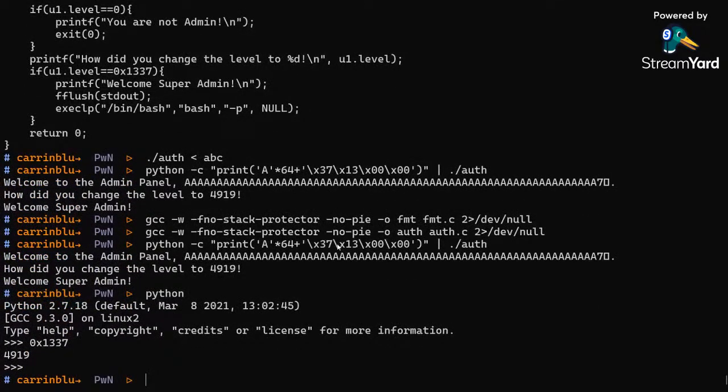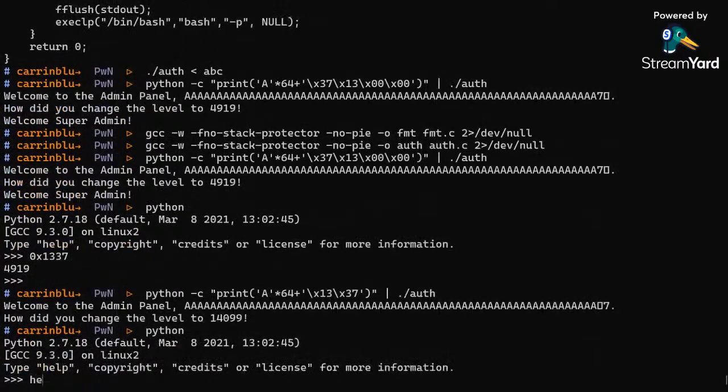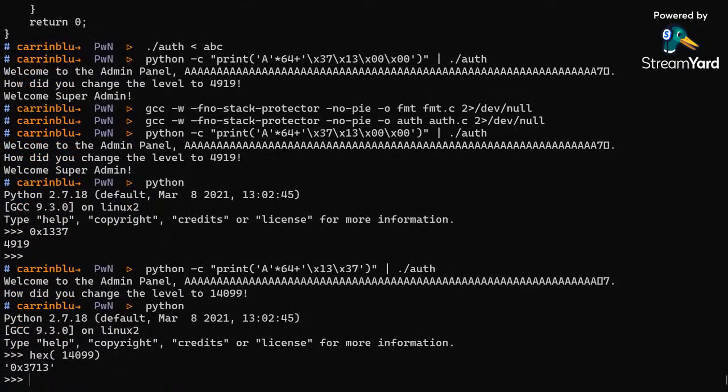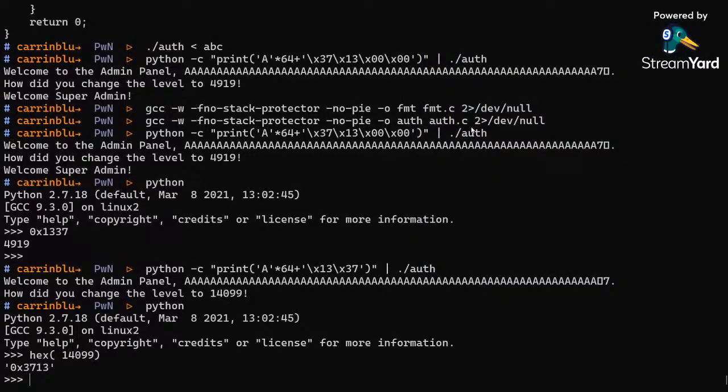मैं सीधा डालता तो क्या होता? मैं सिंपली, मेरे को हेक्स में डालना है ना, हेक्स 1337 में, क्यों मेरे को हेक्स में डालना है? मैं इसको ऐसे डाल दो, ठीक है, नोप, कुछ और वैल्यू आ गई। ये कितना है हेक्स में? ओके, दिस इज वियर्ड ना। लाइक यहाँ पे मैं उल्टा डाला तब ये सीधा हो गया, 1337 हो गया। यहाँ पे मैं 3713 डाला, यहाँ पे सीधा डाला तो ये उल्टा हो गया।